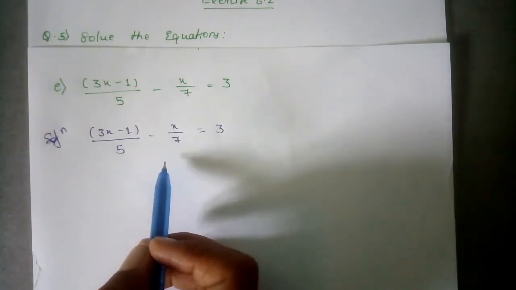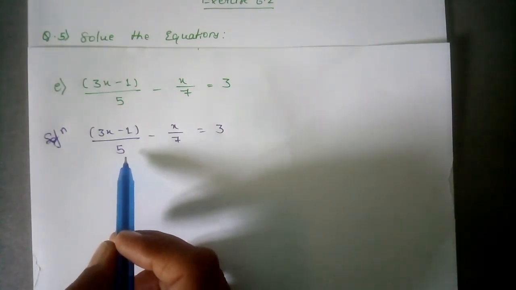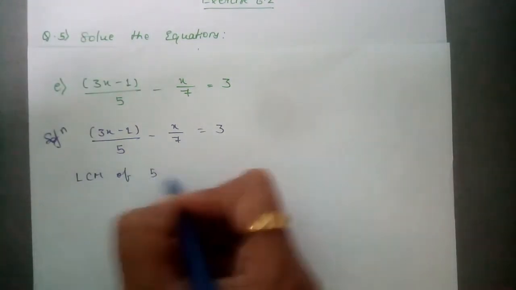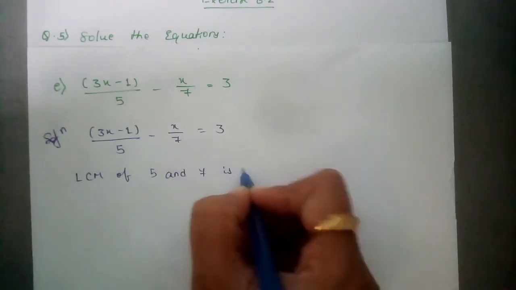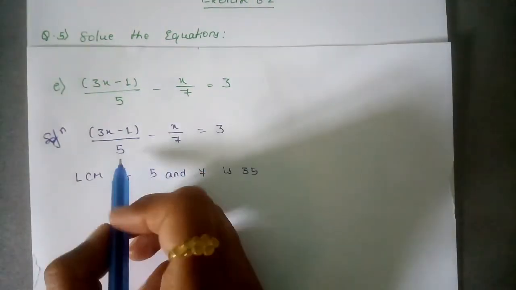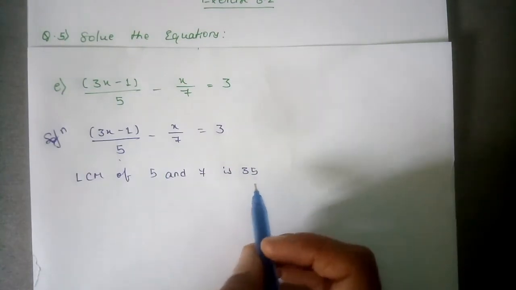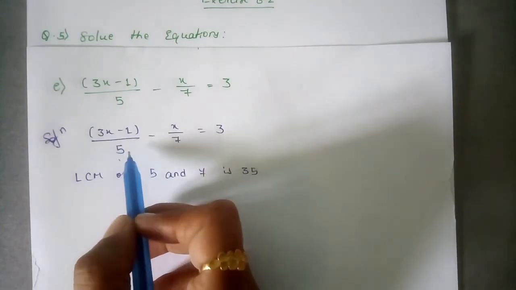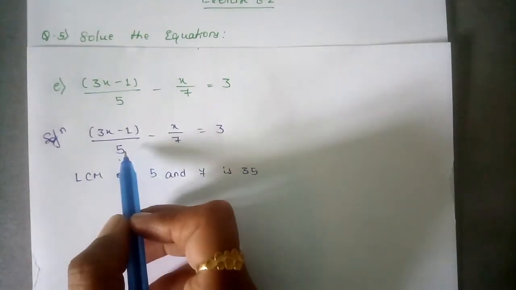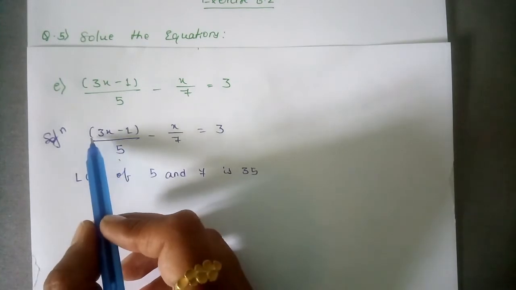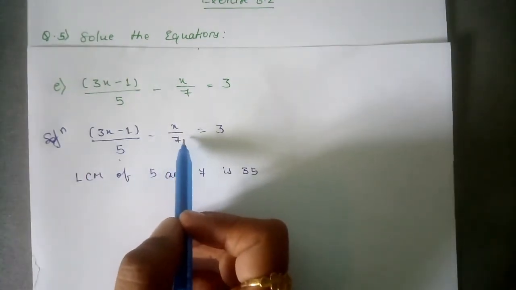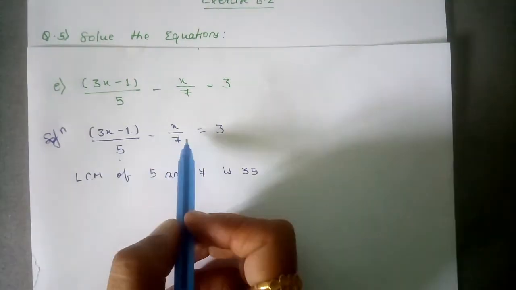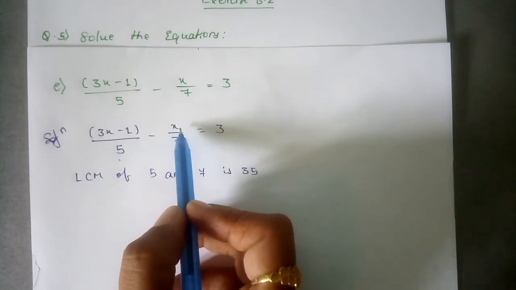So here we will take out the LCM, and the LCM of 5 and 7 is 35. Simply multiply the denominators, 5 into 7 equals 35. To get 35, we multiplied this 5 with 7. If we are multiplying the 5 with 7, that is the denominator, then we will multiply the numerator also with 7. And here we will divide 35 by 7 to get the other multiplier, 5, so we have to multiply the numerator also with 5.